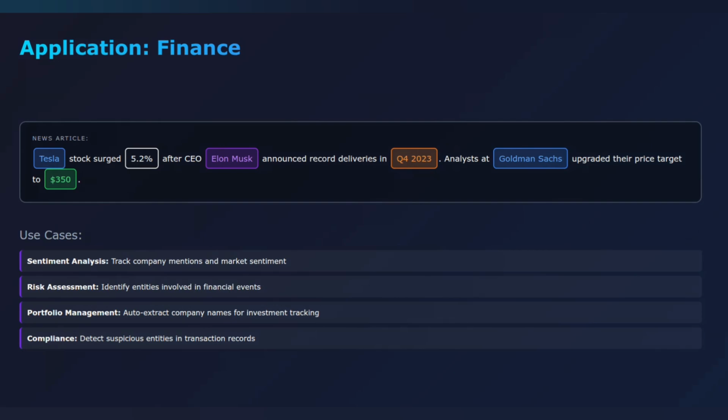Here's a news article. Tesla stock surged 5.2% after CEO Elon Musk announced record deliveries in Q4 2023. Analysts at Goldman Sachs upgraded their price target to $350. NER extracts Tesla and Goldman Sachs as organizations, Elon Musk as a person, Q4 2023 as a date, and $350 as a monetary value. Financial institutions use this for sentiment analysis, tracking how often companies are mentioned and in what